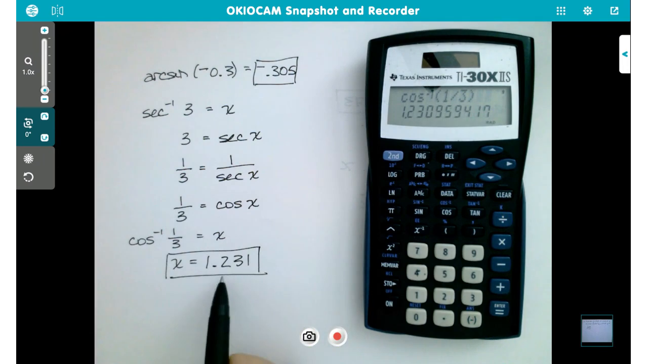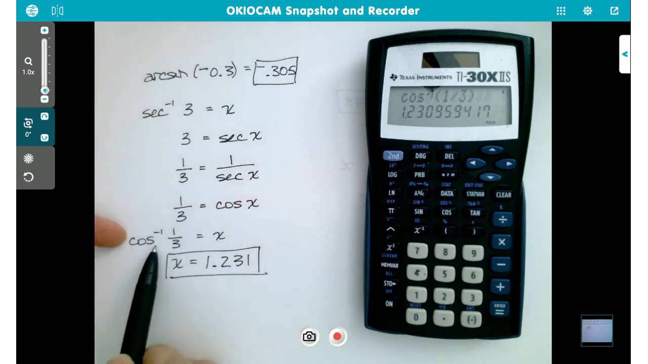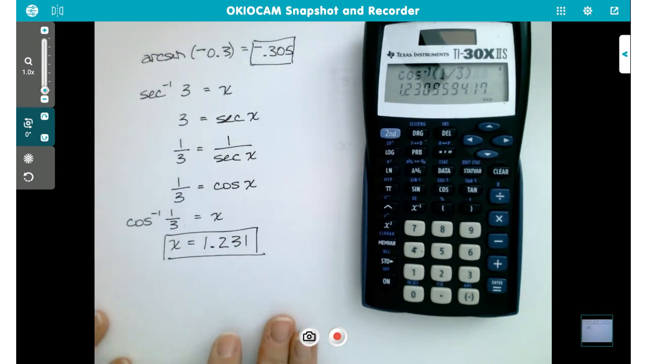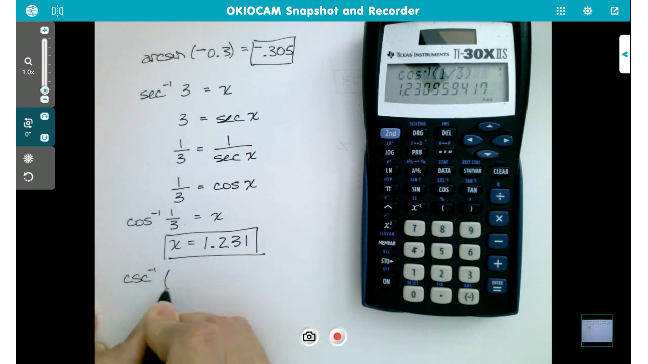And we found it. From now on, from here forward, it's okay if you go, the arcsecant of 3 is the arccosine of the reciprocal of 3, and just jump to the end like that. For example, if I want the arccosecant of negative 25,